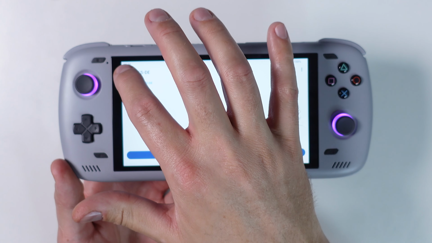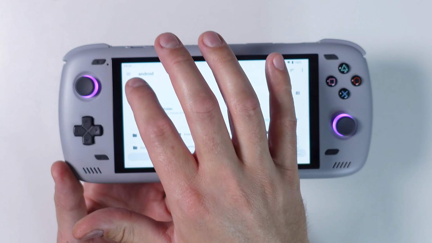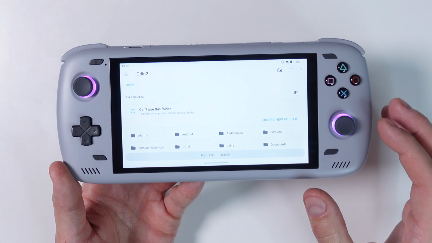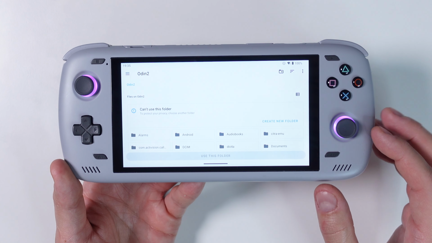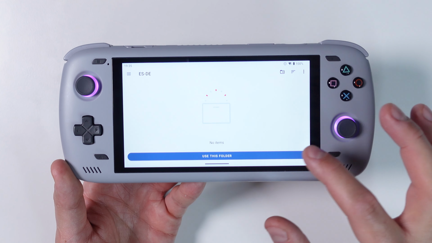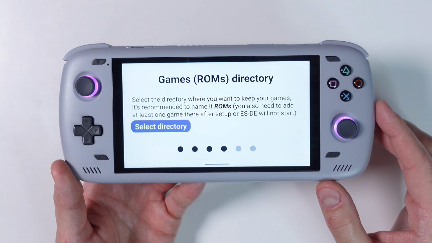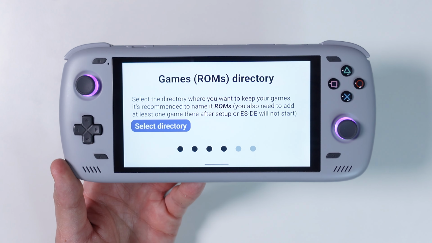Choose whether you want it installed on your internal storage or on the micro SD card. I actually chose to install it on my internal storage, then later regretted my decision, but it's easy to just drag and drop the folders from your internal storage to your micro SD card later if you should change your mind like I did. And once you have done that, you also need to choose where EmulationStation should create the